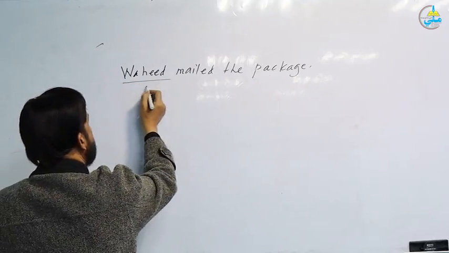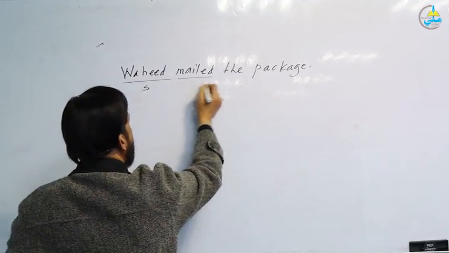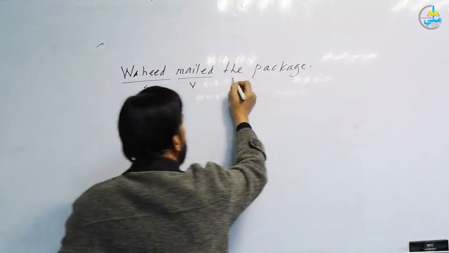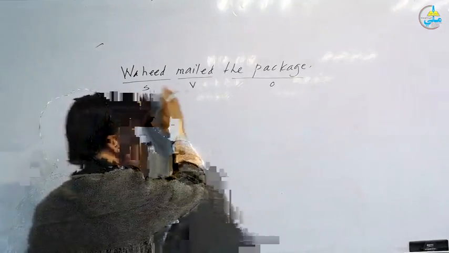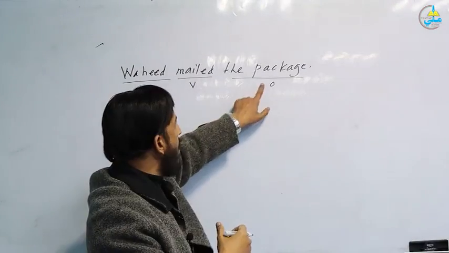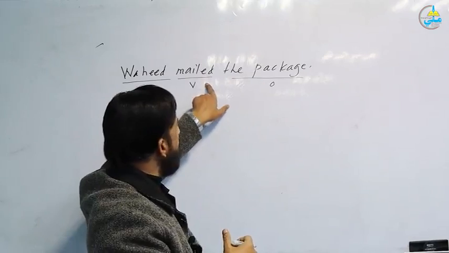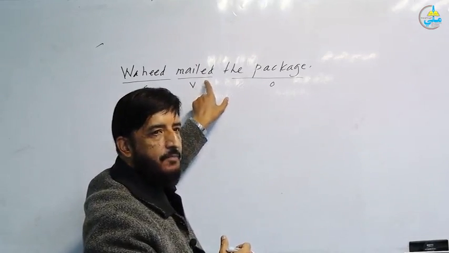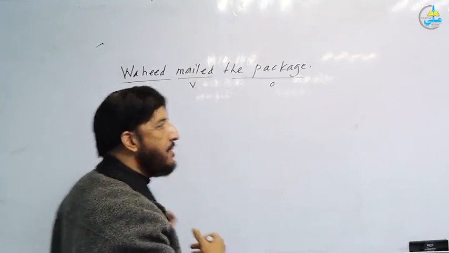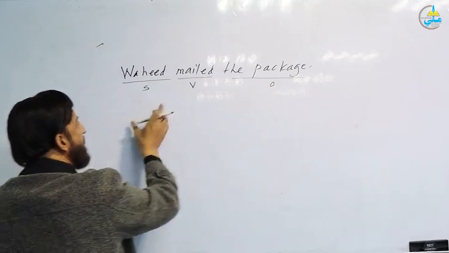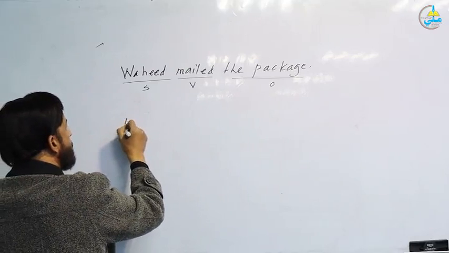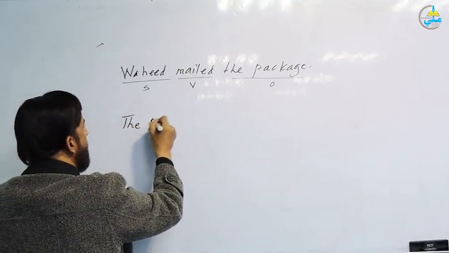Wahid is the subject, mailed is verb, the package is object. This verb or this sentence has object, so we can change it to passive. So, this is object. This object becomes the subject of the passive. So, how? The